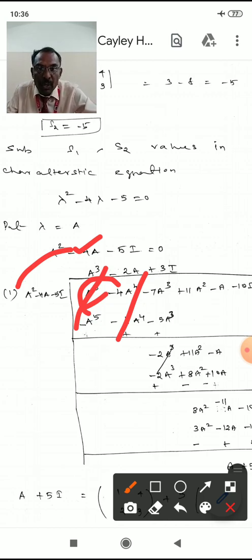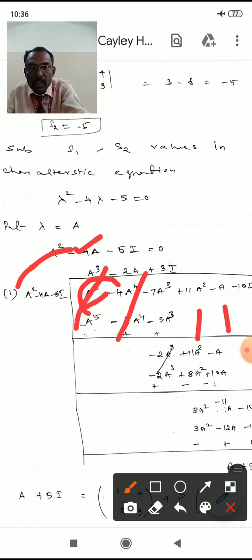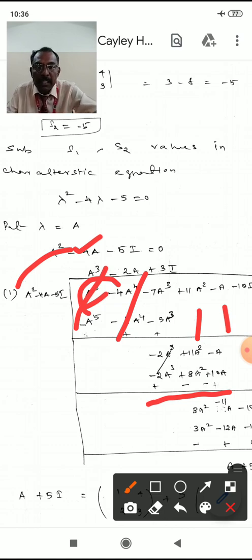Now we reduce to 2 terms from the given, plus 11A^2 − A. Now I do the multiplication of −2A in the Cayley-Hamilton equation. We get −2A^3 + 8A^2 + 10A. Now I change the signs: plus, minus, minus. So −2A^3 cancels. The simplification of 11A^2 minus 8A^2 is 3A^2. Next one is −11A.